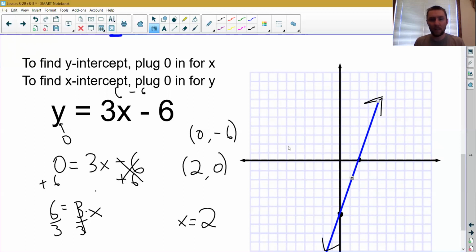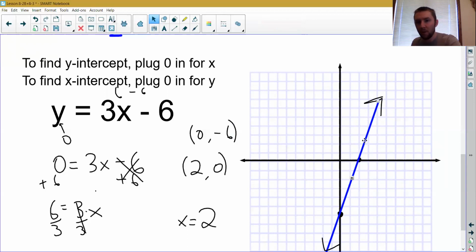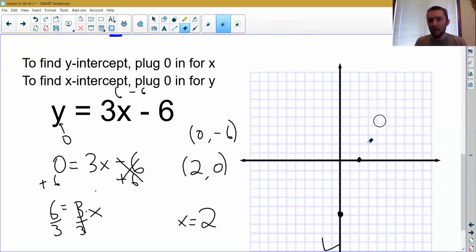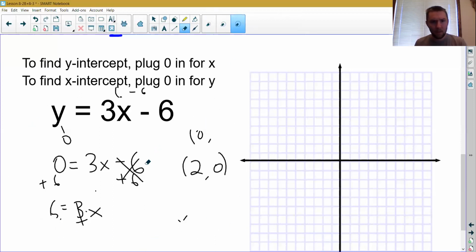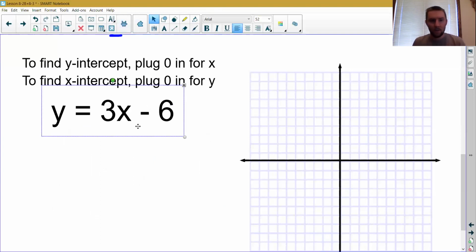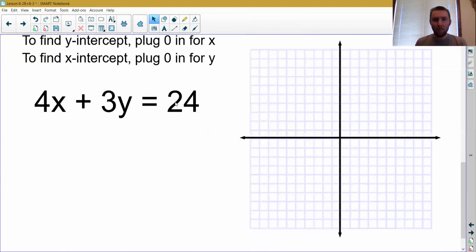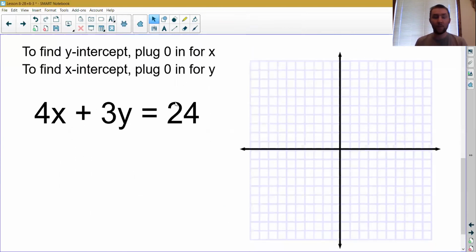So that's one example of finding the intercepts, plot them on a graph, and then connect those with a straight line, and you have the graph that you wanted, okay? So we're going to do one more example of this. And I'm going to change this equation to look slightly different, okay? So this equation doesn't quite look the same, but we can follow exactly the same strategies for finding the intercepts,